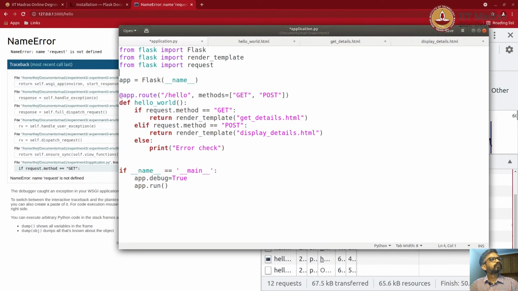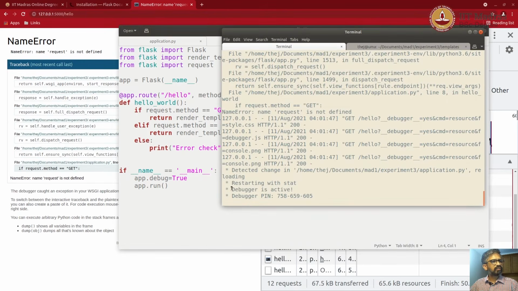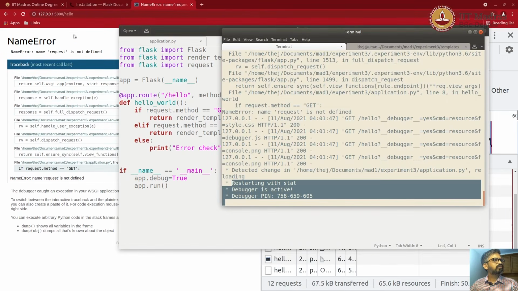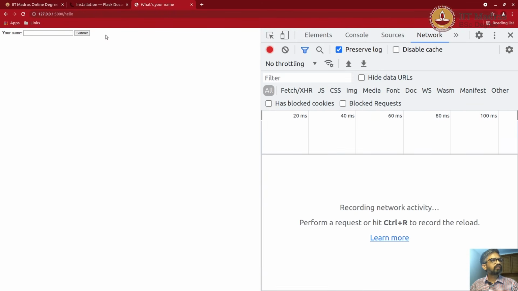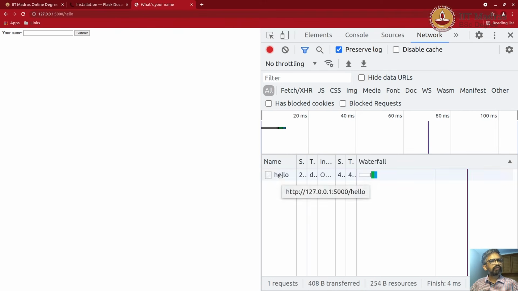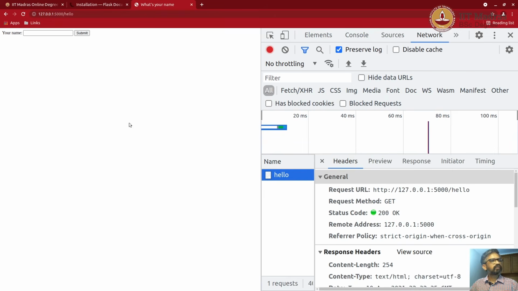Okay, now let's save it. Let's see if the server has restarted. It has restarted, so we can refresh. Now let me just clear everything and refresh again. Okay, here it is. So 200 GET, everything is fine. Now if we do Thejesh, do submit, oh,